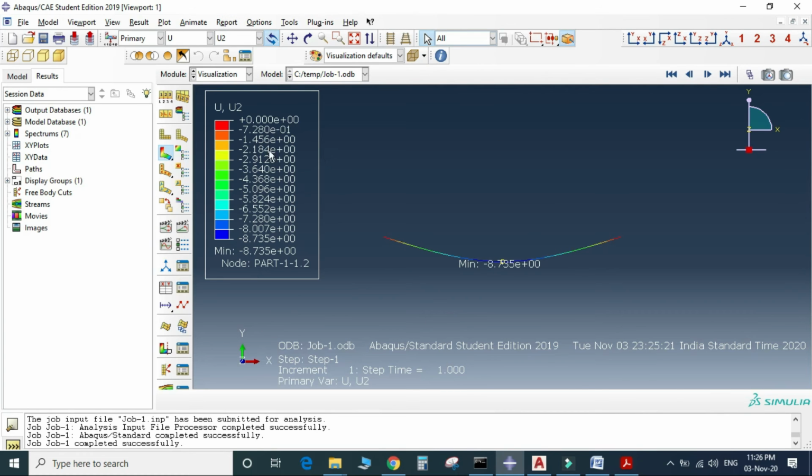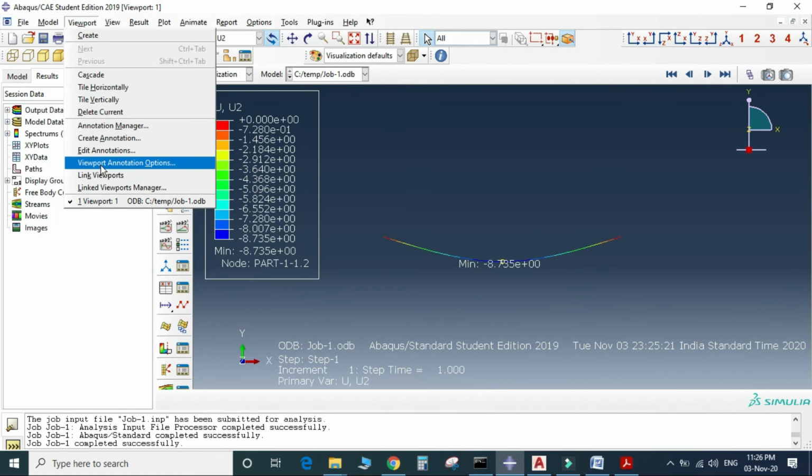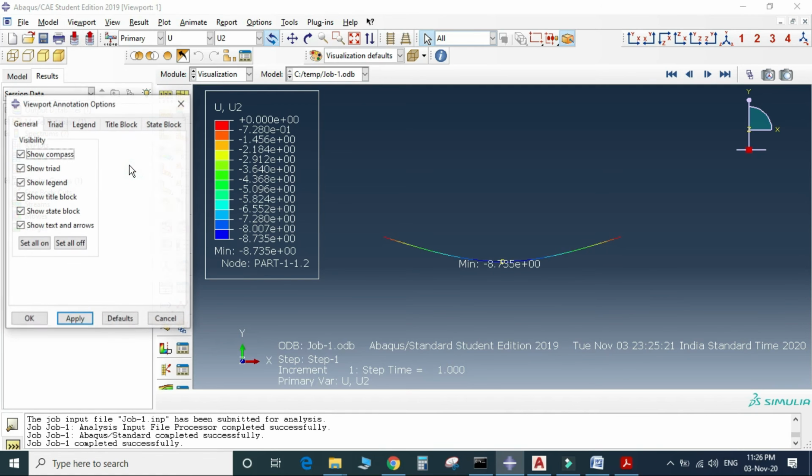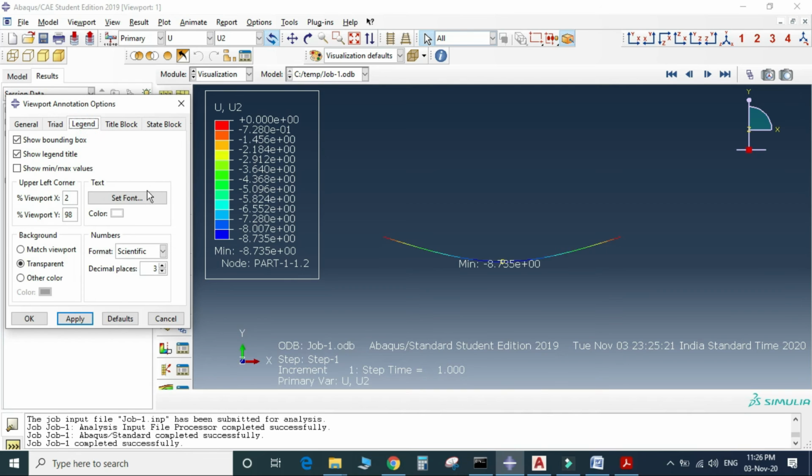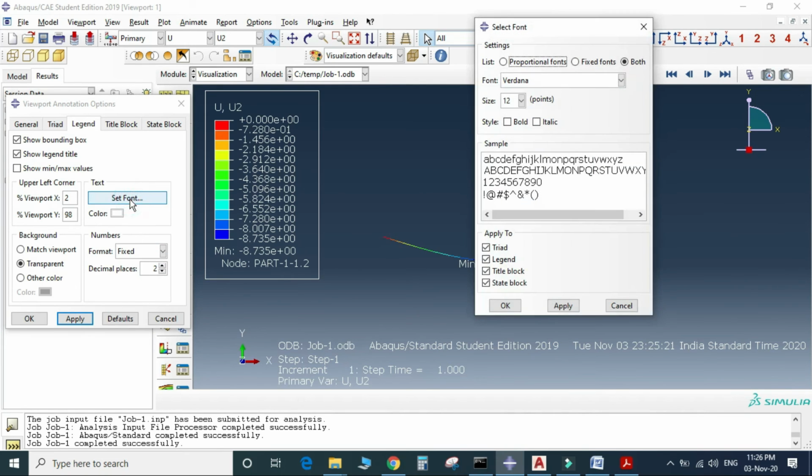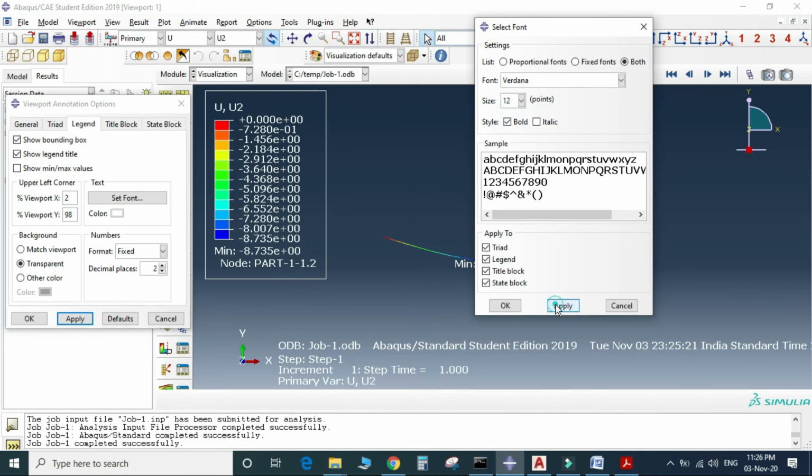Okay, then go to the viewport, then select the viewport annotation options. Here click the legend. So here the format is fixed and decimal maybe 2 points, and font bold, apply.